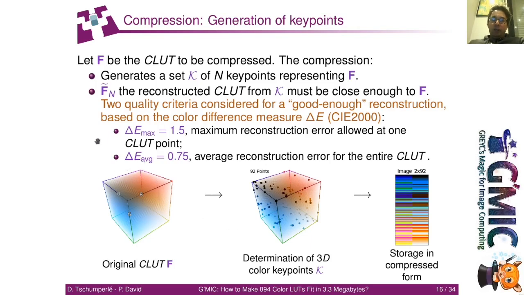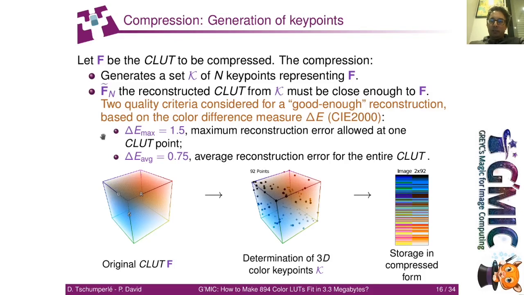For this, we define two calculable quality criteria that must be verified to assume that the reconstructed CLUT F tilde is close enough to F. Those criteria are based on the CIE 2000 color difference formula, often denoted as delta E. Delta E is a perceptual measure of the difference between two given colors. Here, we can compute the delta E between all colors of the original CLUT F and the corresponding points of a reconstructed CLUT F tilde, and do some stats on it to retrieve, for instance, the maximum and average values of all the delta E,